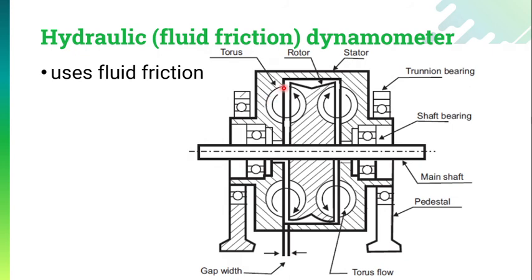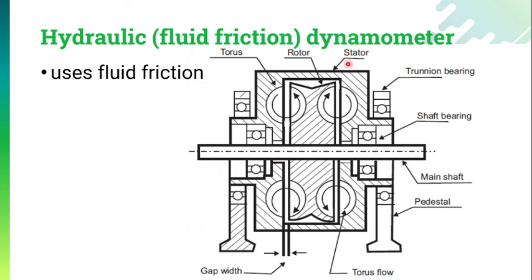Over here, if you observe, there are some circular parts available. These are hollow sections, or say elliptical sections, which are engraved throughout the stator and throughout the rotor. These elements are available throughout in a circular manner. They are not circular, they are elliptical ones, and there is a gap between the stator and rotor, which is the adjustable gap. So this is how the construction is done in the hydraulic dynamometer.